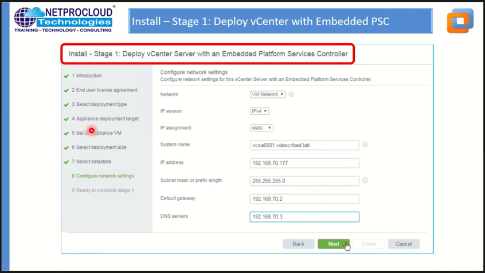And appliance deployment target. Here you have to provide the IP or the FQDN of the ESXi host, root as the username, and then its password. Next is set up appliance virtual machine. Here you have to provide the IP address for the virtual machine as well as the host name. It's not like the host name, it's the name of your virtual machine. Then select deployment size.